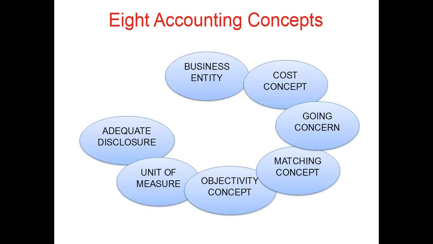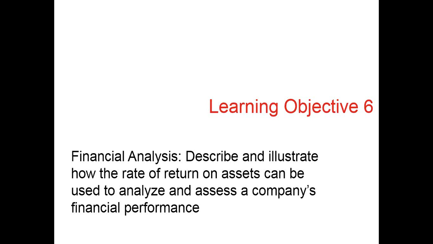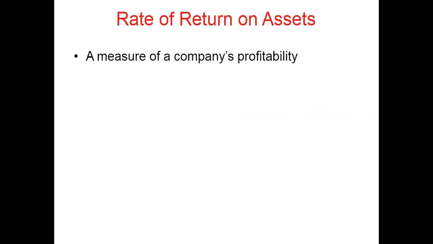Throughout the book, we're also going to learn how to analyze financial statements. As I mentioned, financial statements need to be accurate, timely, and usable. That usable is important. What is the point of doing all the work and preparing the financial statements if all we do is file them on a shelf or in a drawer? We must use them. They tell us the story of the company, and from that, we can help determine the future of the company. So the first one we're going to look at is rate of return on assets. It's a measure of our profitability.